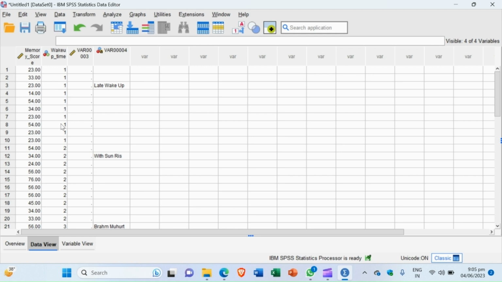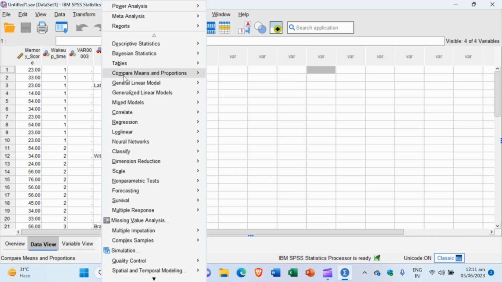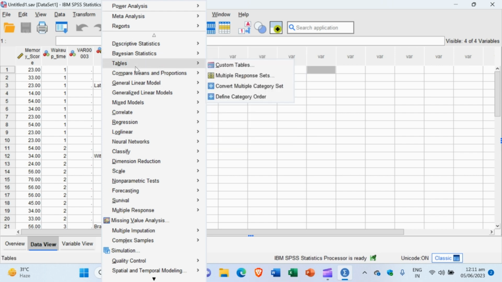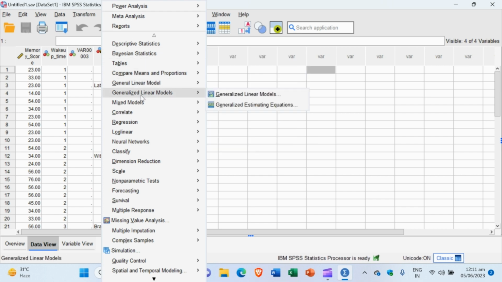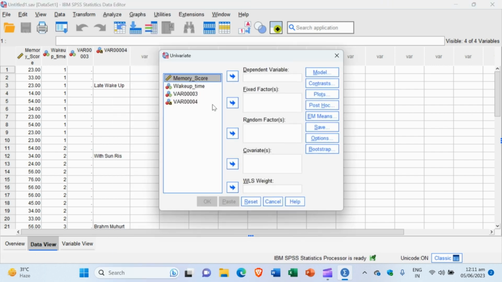So we go to the data view and we see that the memory score is here, and also the wake up time. The categories are defined 1, 2 and 3. We want to find whether there is a difference among the memory scores of these three categories or not. Now for the post hoc test, first we click Analyze, and we see that under Analyze there are so many statistics available, and one option is general linear model, and under the general linear model we select univariate, and